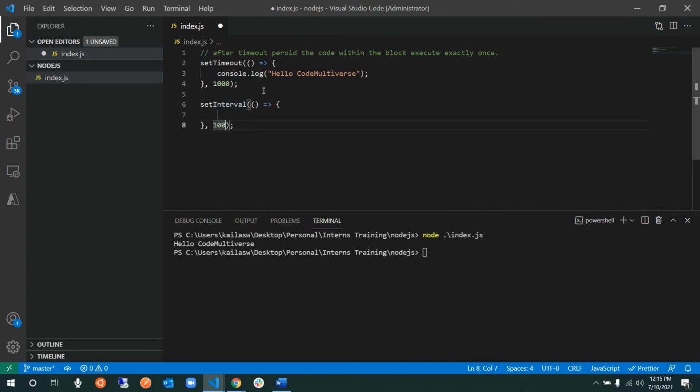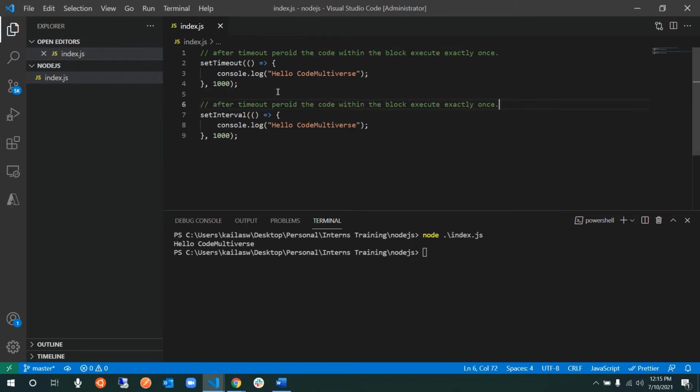The next thing that we have is setInterval. Okay, so in setInterval, after the timeout period, the code within the block executes every time, at the given interval.